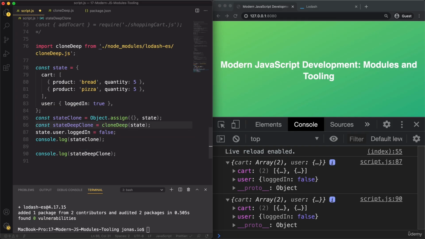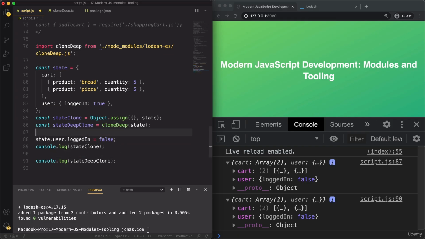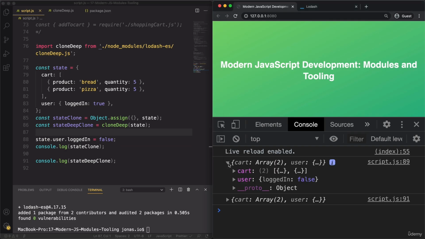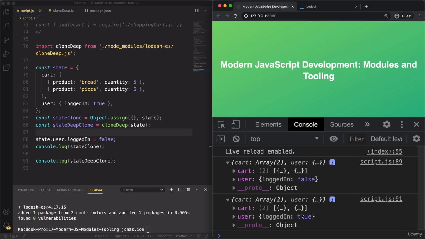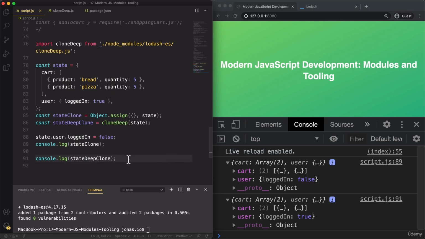So that's just wrong, but now it should work. Again, this one changed to false, but this one now is still true, even though we changed it in the original object. Okay, and so this is a good solution for a deep clone that we just got from